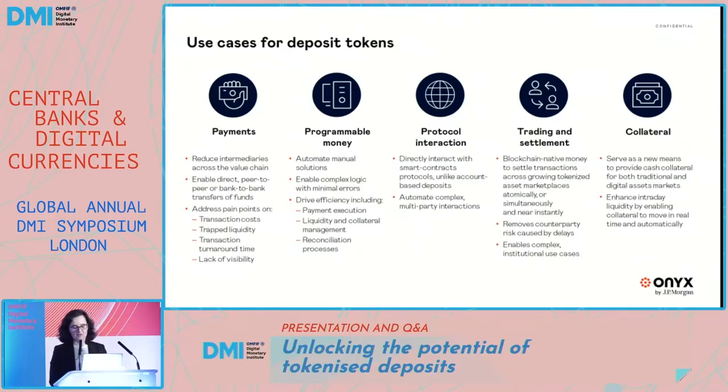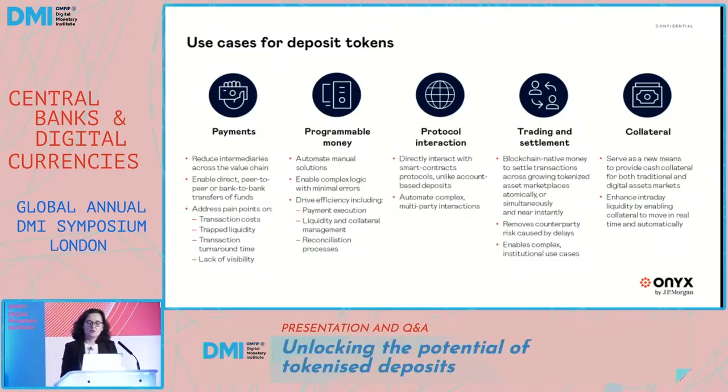Trading and settlement. As more assets from traditional securities to commodities and other assets are tokenized, we believe the need for on-chain native cash will increase. The simultaneous transfer of money versus asset can be established through what is called atomic settlement, if the cash and the asset are sitting on the same ledger. This supports DVP and PVP use cases where both legs of the transaction either fail or succeed.